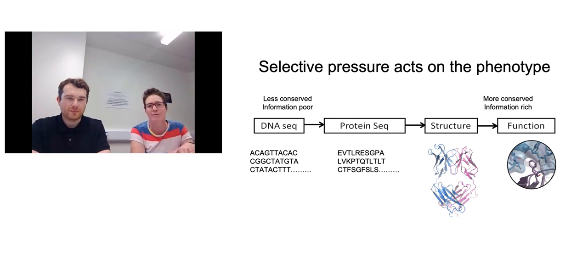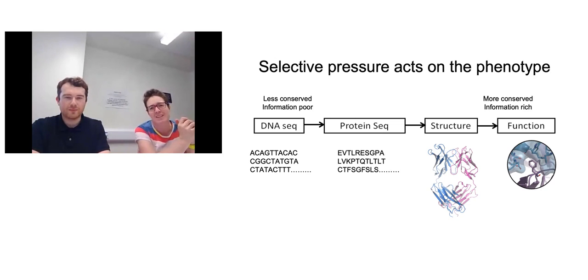If we look at the DNA level, and we're all really comfortable with this, often sequences are very, very different from one another. Actually, they're the same, they might use the same protein sequence. And we can go on from that. If we look at a protein sequence, we can have things that only share very low sequence identities that have the same structure. And that follows on through to function. And so structure is much more closely related to function than the sequence information.